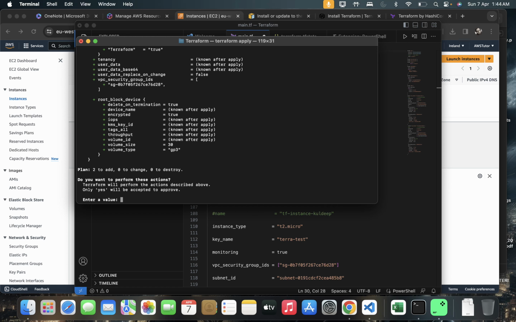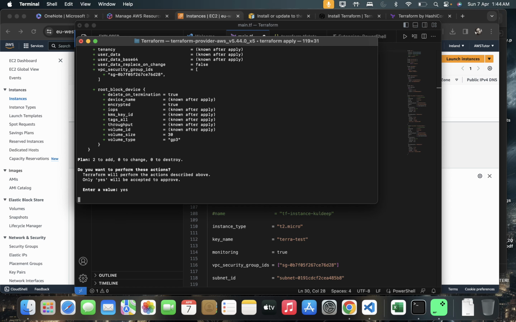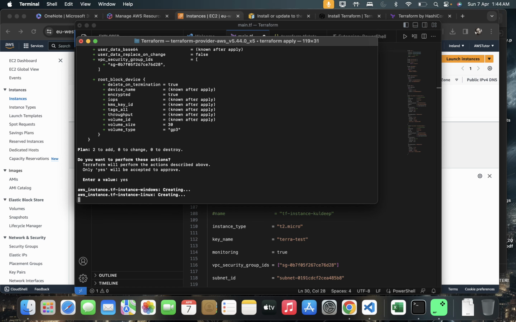This warning can be suppressed by using hyphen auto approve with the apply command. But to be on the safer side, it is recommended that you do not use auto approve and just type yes if you are sure that you want to go ahead. It says creating. So if we go back to the AWS console and refresh the page,